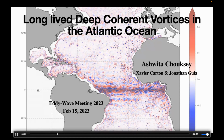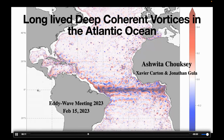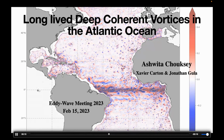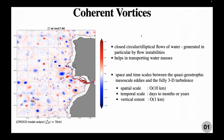resolution. And you can see these really fancy vortices which are drifting southwards, and these blue ones which are anticyclones, and you can't really see the cyclonic ones well, but I would come to that later. So starting with the coherent vortices, what we already know is that they are circular closed elliptical flows which are generated